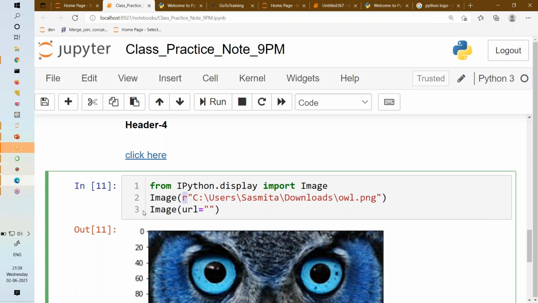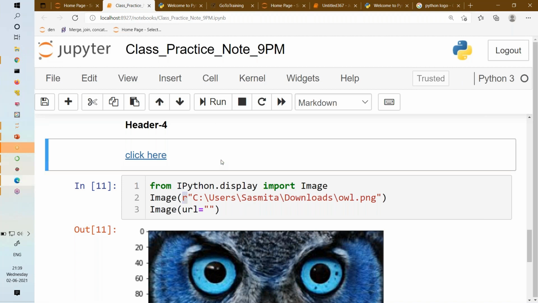Why? Because the path that I'm writing is taken as a special character, the slash. Instead of that, you can write R so that the interpreter will understand this is not a special character, this is a raw string. You take that as a path only. We are telling the interpreter to use this as a raw string. We will discuss more about this in the class, when we go to pandas and other modules and start reading input and output files into data frames.